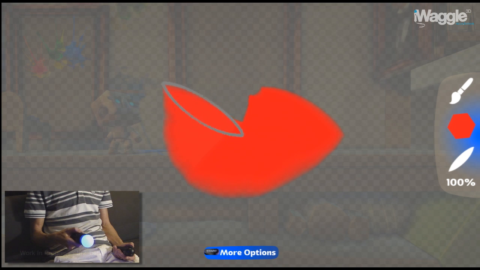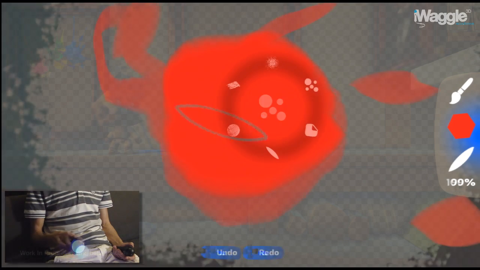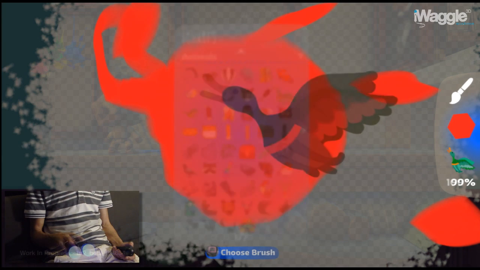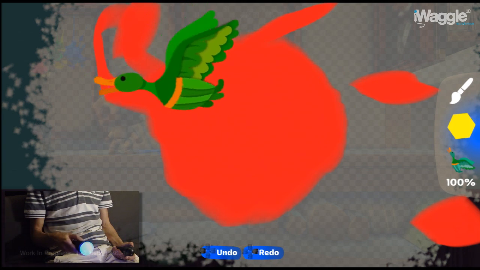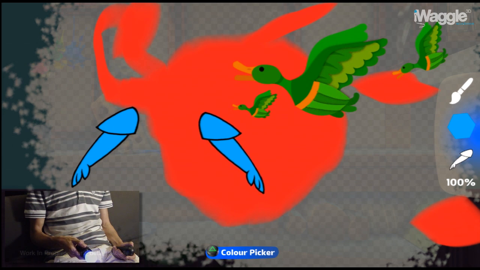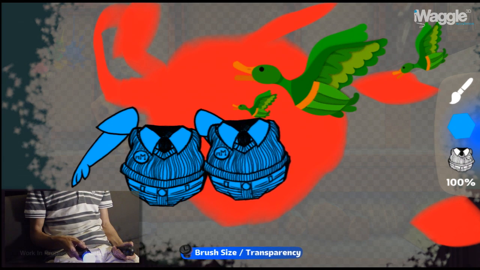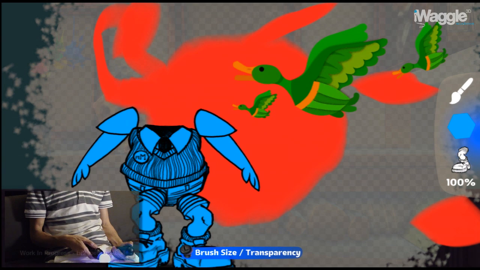Move rolling tilts the brush, of course, which is an optional feature if you don't want that. And you can also pick up any sticker icon as a brush. You can modify their colors and also combine them as you see me doing here. It's a pretty neat feature, as you can see, especially in the light of the new sticker material, which allows